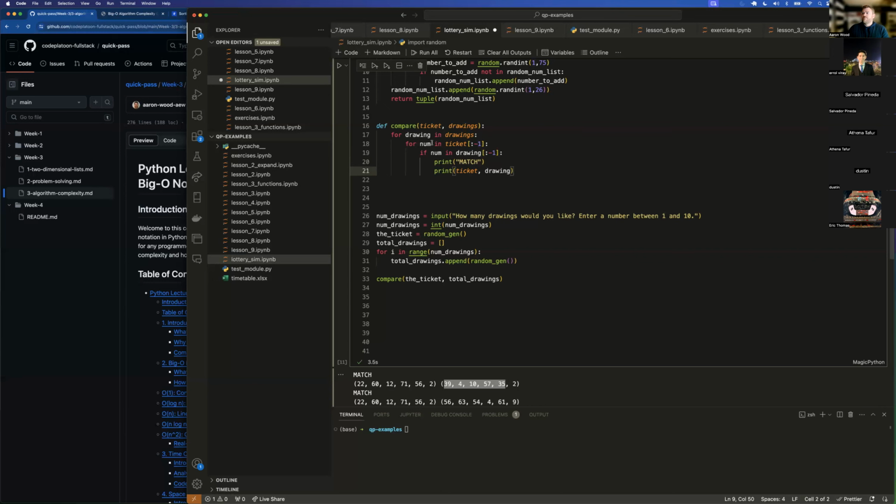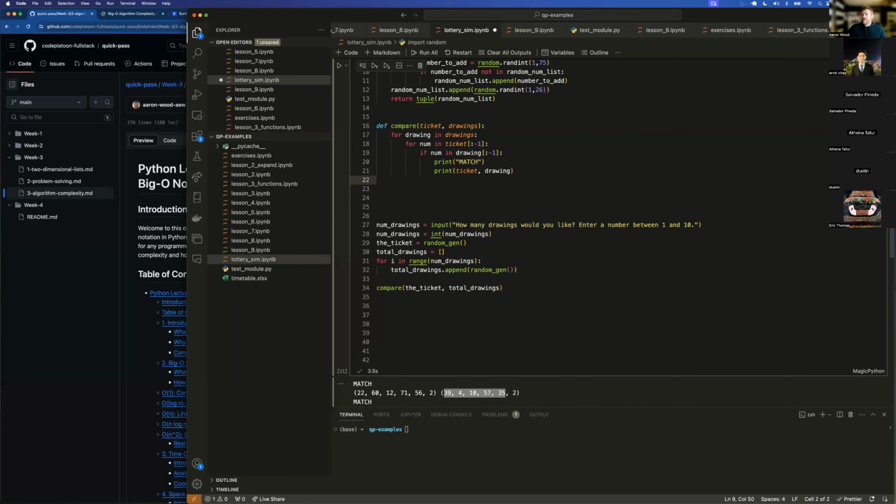I would say this one is probably cleaner for this because we don't have to do anything to it. All we're doing is taking a slice of it, which we can do with tuples. And then we can check to see if we've matched. After that, at the end, so for num and ticket, we finish that. We could then say if ticket -1 equals drawing -1,